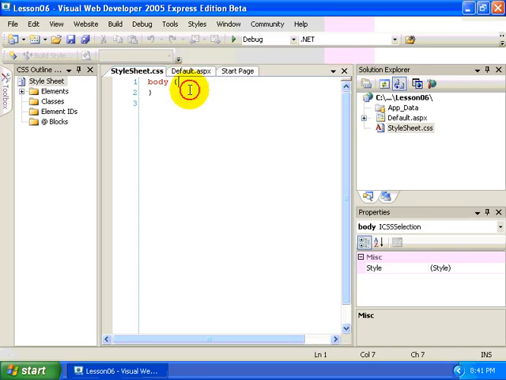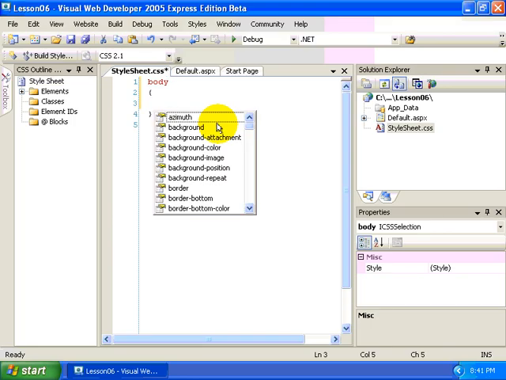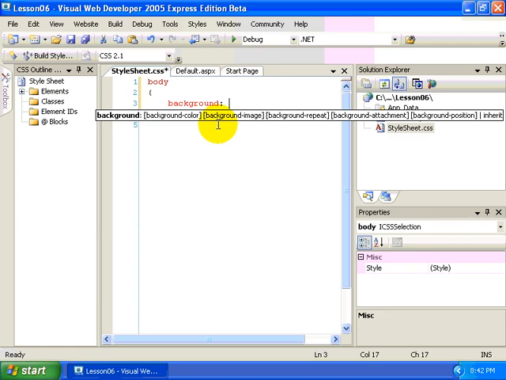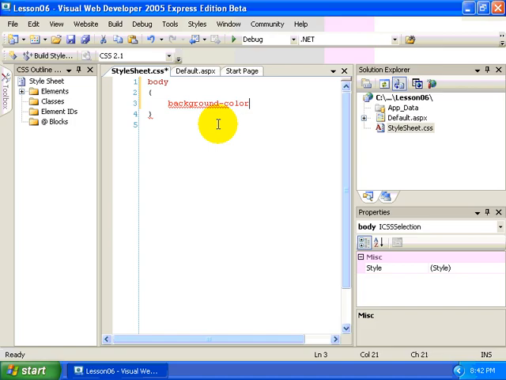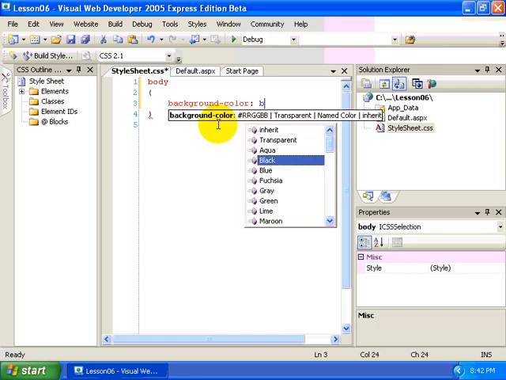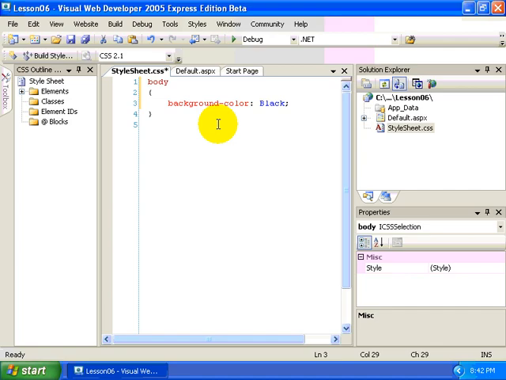So if I wanted to add some items here, and if I knew the CSS syntax, and you can see I get the benefit of IntelliSense here, and I wanted to type in the background color myself, I could do just that, like so, and then choose from a color. Actually, let's go background color, and we want to pick black. Okay. Now that is one way to go about it, and certainly with the help of IntelliSense, it makes it